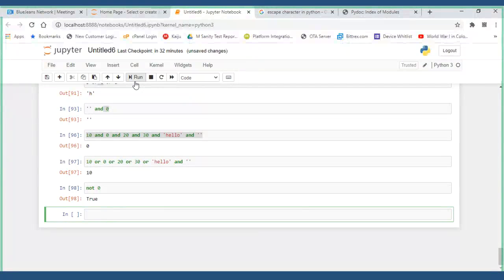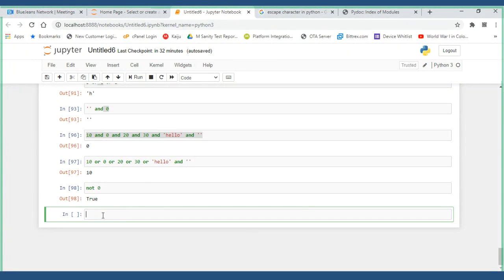True. Correct, right? Here in this case, what will it return? Sorry, it is returning you the Boolean value. Just remember that. This is the only difference from AND and OR. It will return you the Boolean.